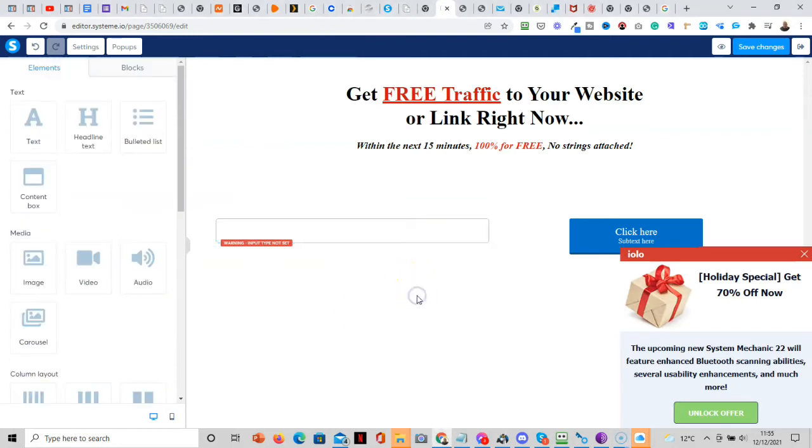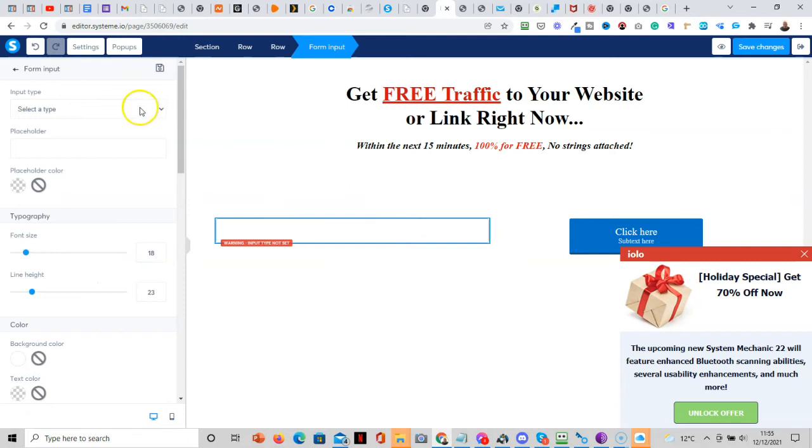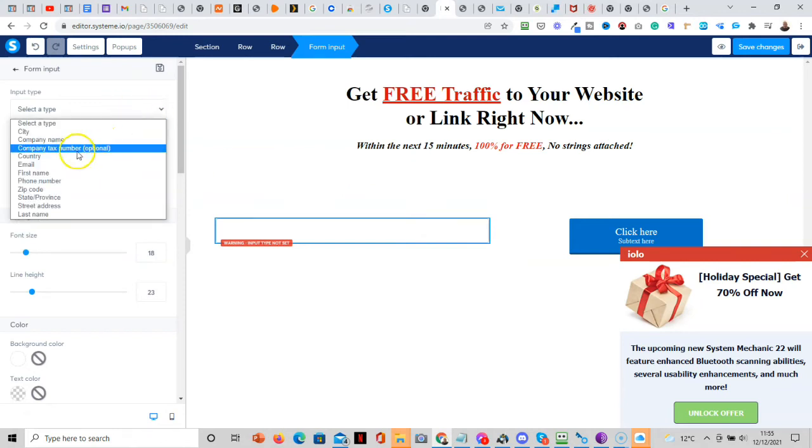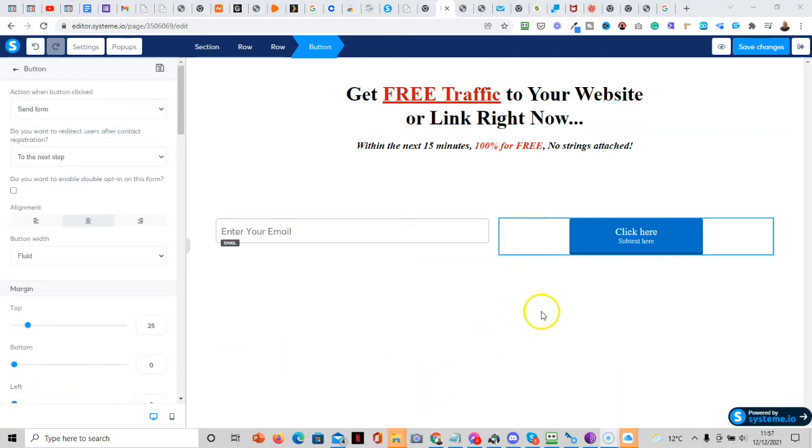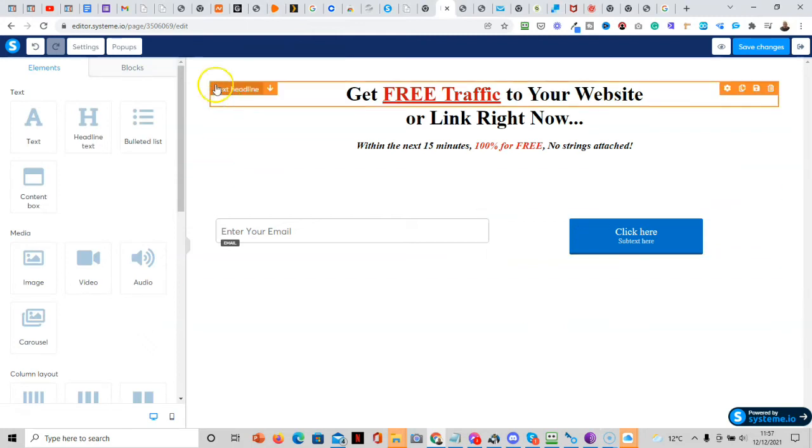Okay, so if I just click on the input type, form input, what's it going to be? It's an email, and I've got placeholder as email, which is just what I want, so that's excellent. So again, I have to say this does appear really easy to use. So I click on the button